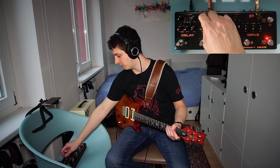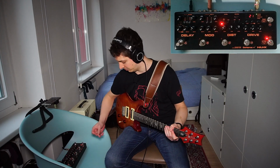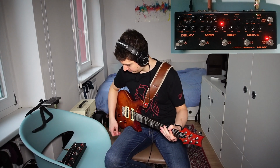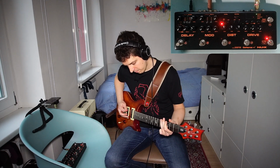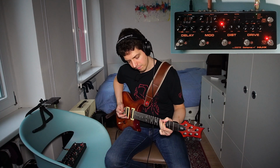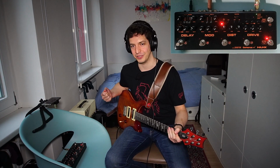Let's add a reverb on top of that. I'm gonna go for a plate reverb, and I'm gonna try to keep the settings down because this one can be quite exaggerated sometimes. Now that's a nice fat chunky Marshall sound. If you want then a lead solo on top of that,